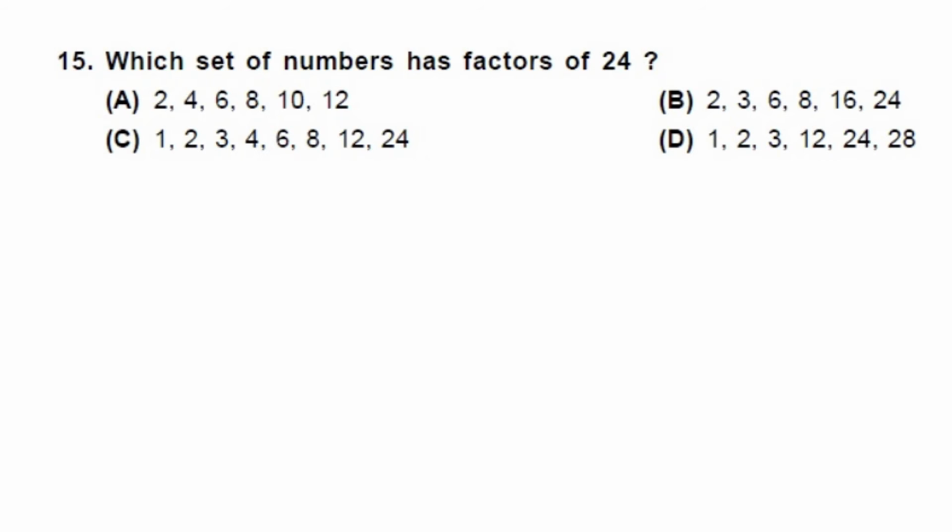Well, the easy way to find the factors of 24, what I do is first start writing numbers from 1 and see what multiple of this will give 24. So 1 times 24 is 24. Since it's an even number, let's go with 2. 2 times 12 is 24. Now let's go with 3. Remember your tables. 3 times 8 is 24. Let's see with 4. Well, 4 times 6 is 24.